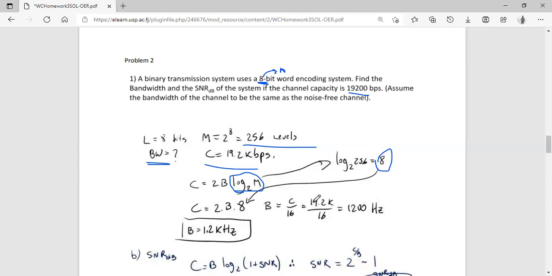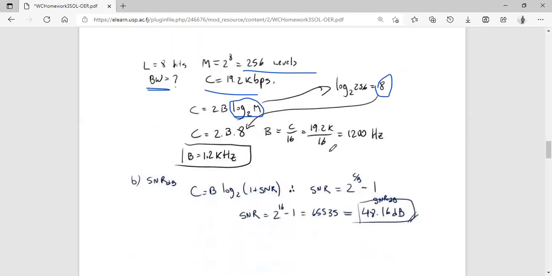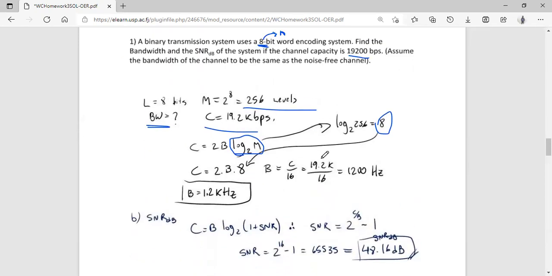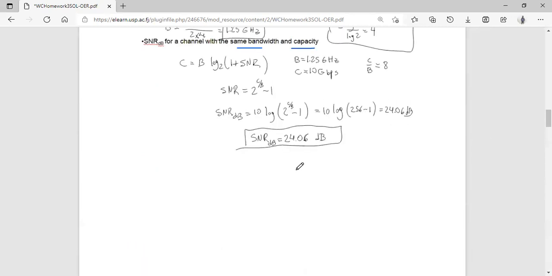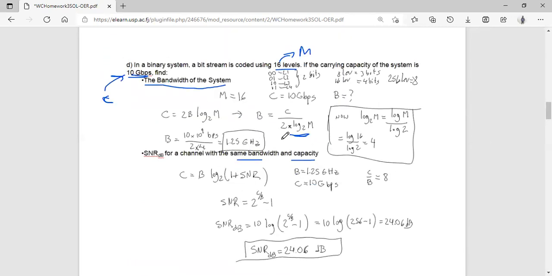19.2 kilo, or 19,200 bits per second, divided by 2 times 8 is 16. So B is basically equivalent to C divided by 16, which is 19.2 K divided by 16, which gives me 1,200 hertz, right? So you can evaluate this using this method, or you can directly use this equation that you have got and